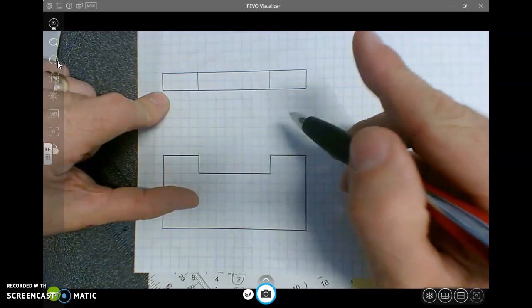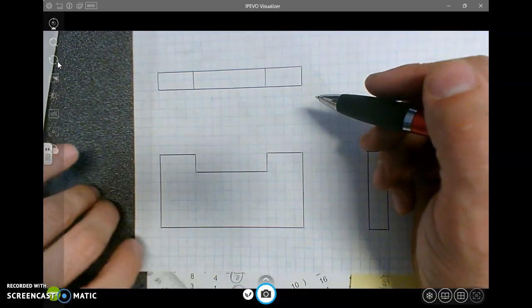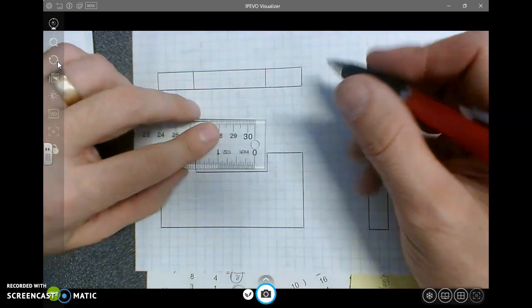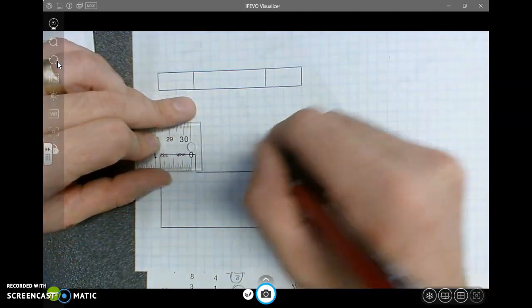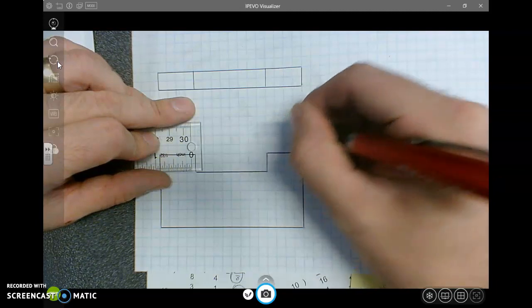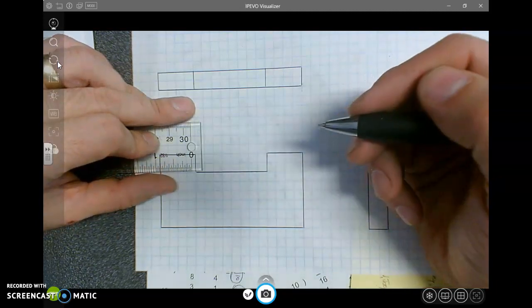I'm going to add one thing today. I want you to put all of your measurements in between arrows. So I'm going to show you how to do this. I'm going to do it. We're going to stick with, well,